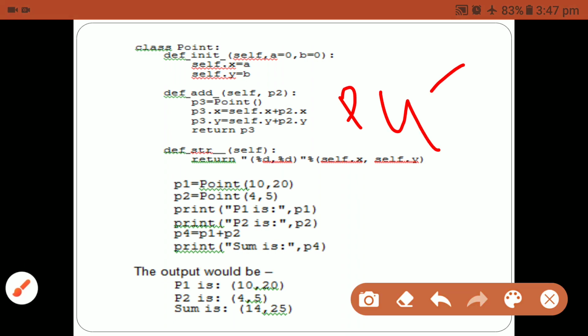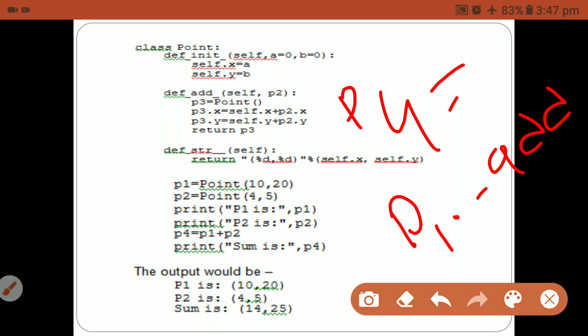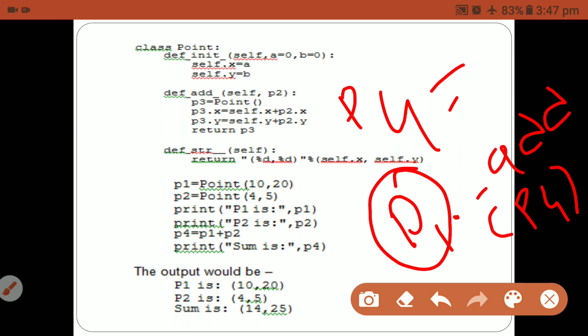P4 equal to p1 dot add of p2, in brackets. Here p1 is the object invoking the method. So this self inside the add means it automatically references the p1 function. So p2 is passed as an argument explicitly.